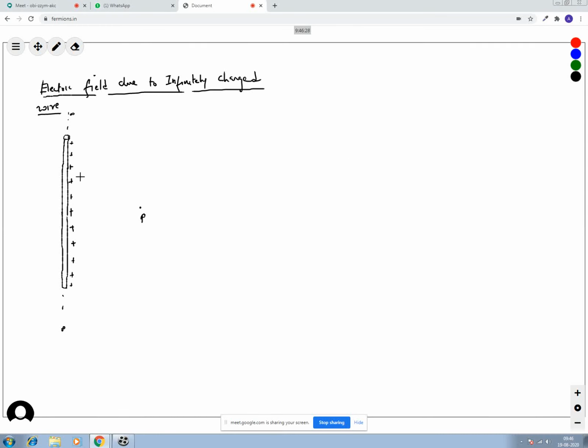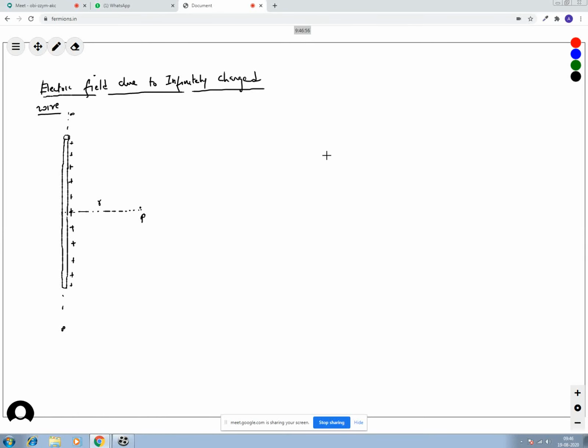As the charge distribution is uniform, we can go according to the continuous charge distribution way. So how will you do it? Let's say this is the point where we need to find the field. It is along the x-axis, and this is the y-axis I am taking. Let's say this is r, a distance r from the center of the plastic rod.